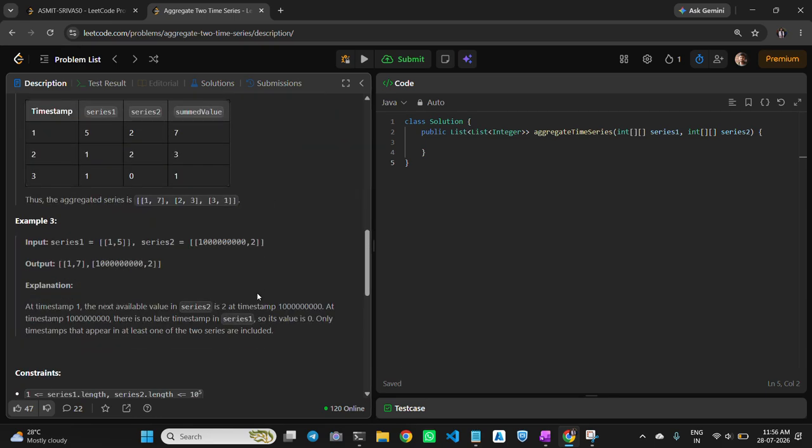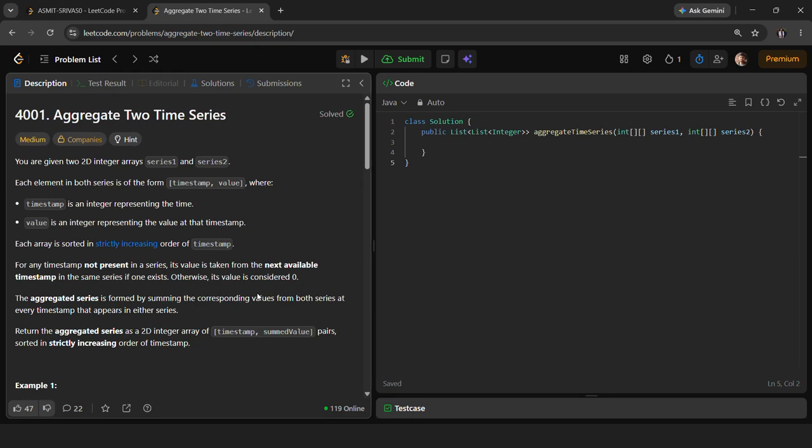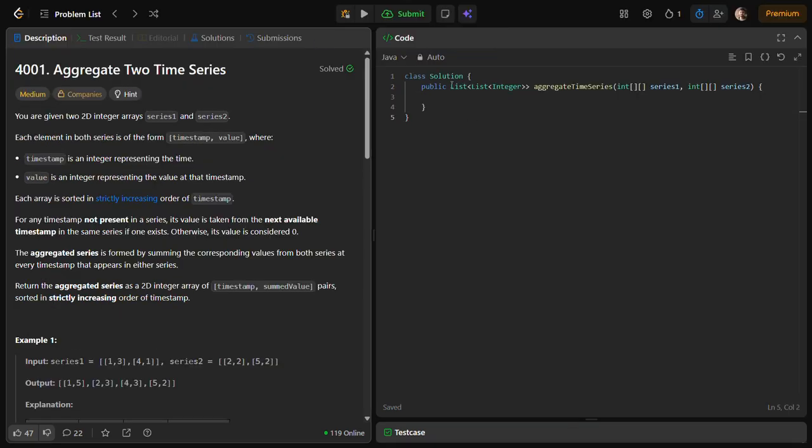So let's start with the implementation part of this question. Since you have to return the list of integers, let's firstly create the thing that we have to return. This is the list. I named it like this. You can give it any custom name that you want, and you will be returning that.